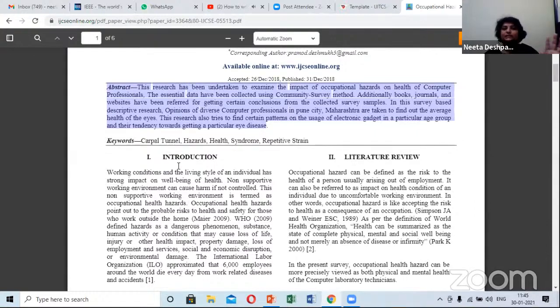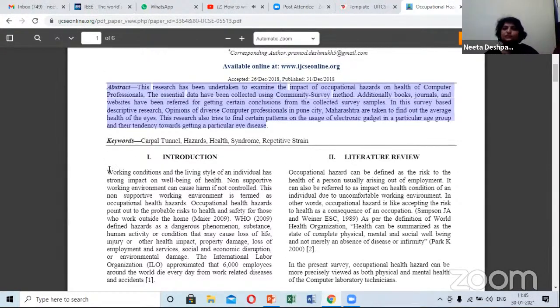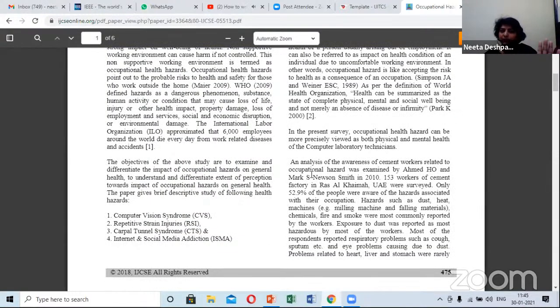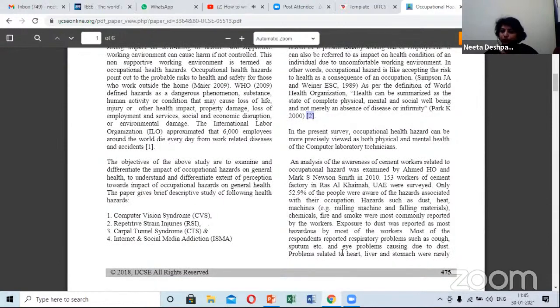As I told you, the next section was introduction. So in the introduction we wrote that because of the working conditions, because of the individuals, the health of eyes is important and therefore we want to do the survey. Then what all people are saying, wherever this normal research is happening, all those things we wrote here in the introduction. Then we started with literature survey. We wanted to focus more on the literature survey, so we focused on it and where all research was going on. Then we gave certain references also, that in reference number 2 this paper has already told this, and some research is going on this paper also.